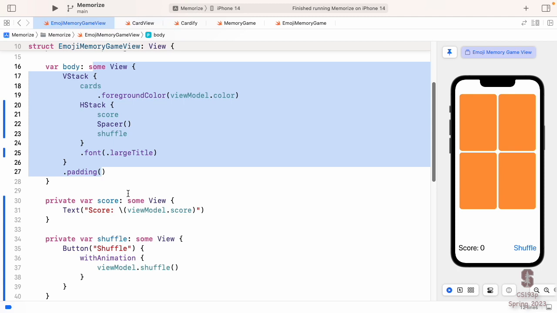Not to mention the benefit that it's a lot easier to debug your view builders when you have small little view builders. Because when they have an error in there, sometimes they give you an unfathomable warning. But if you break it down into small pieces, then you'll see at least where the warning is coming from.